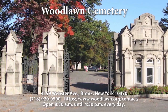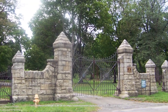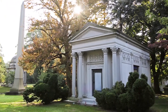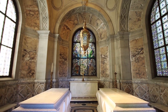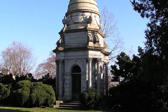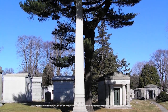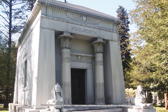Woodlawn Cemetery, the Bronx, New York. Just down the road from Greenwood is Woodlawn Cemetery in the Bronx. Founded in 1863, it's one of the largest and most historically significant cemeteries in the U.S. It's the resting place for over 300,000 individuals and covers more than 400 acres of hills, lakes, and meadows, with many unique and elaborate memorials and monuments designed by famous architects,